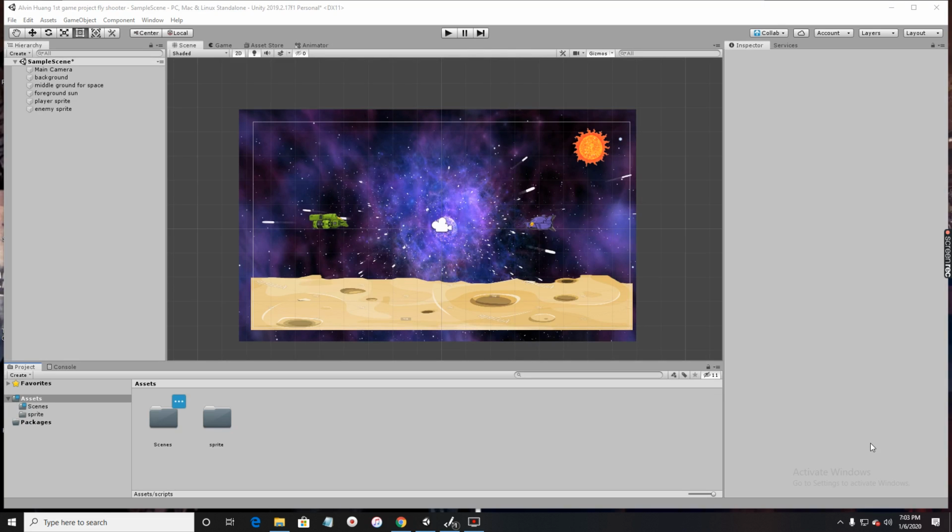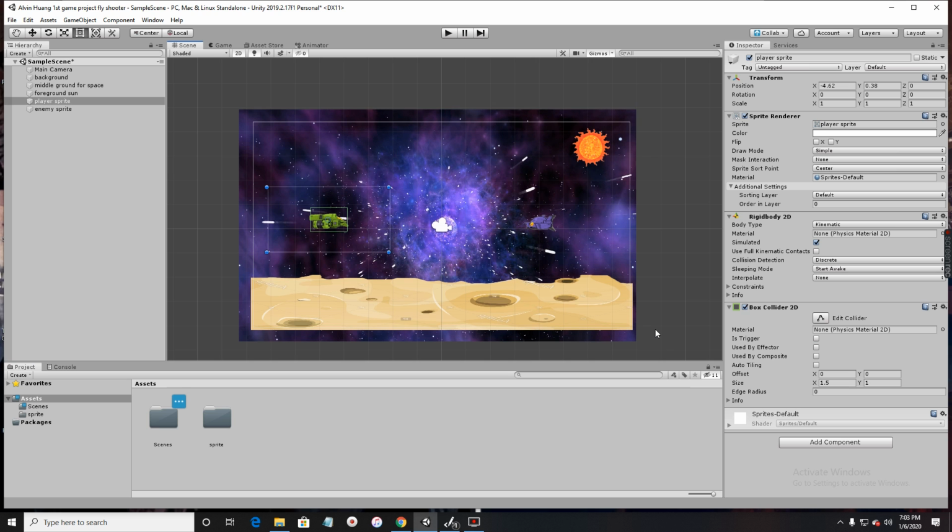Alright, so let's get started then. Now, where we left off is the fact that we created a setting right here, right? A background, a middle ground, and a foreground, right? And also a player and enemy. The player has basic components, right? Transform, a sprite renderer, rigid body for physics, and collider for detection if it hits another game object like the